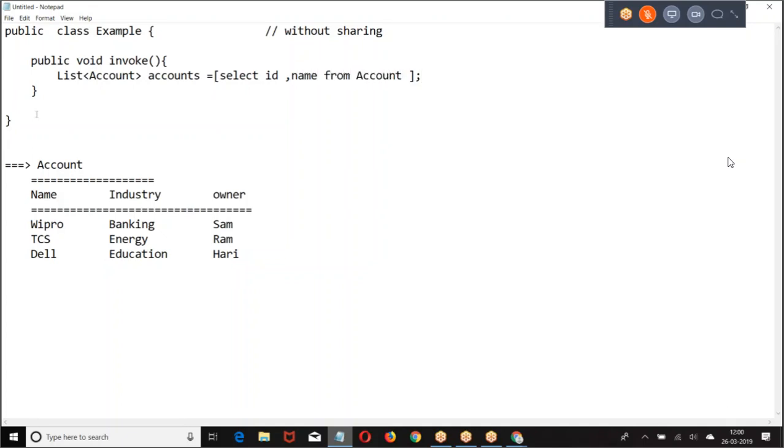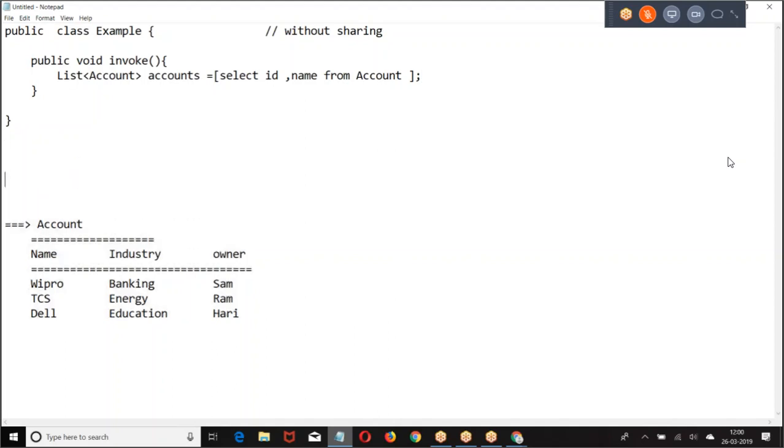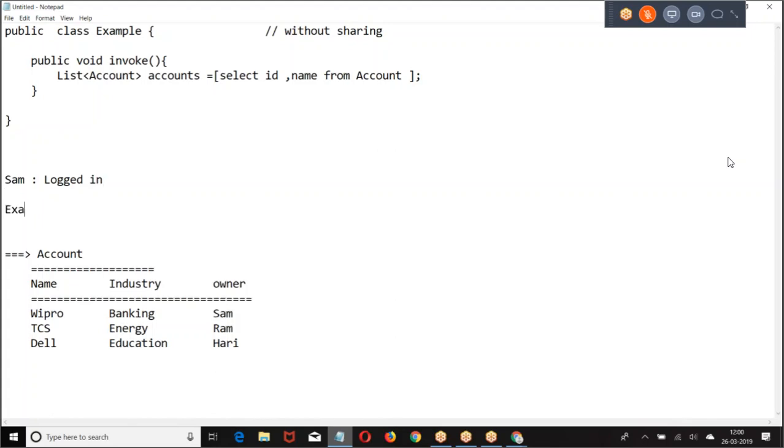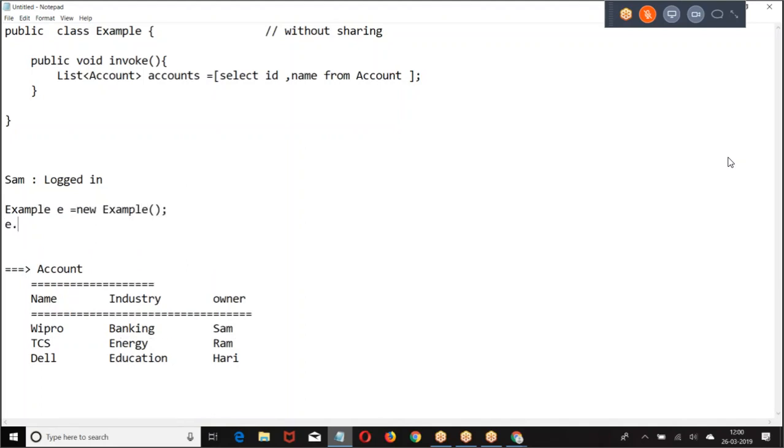This is the code that I wrote. Now, right now, Sham is logged in. Who is the user? Sham logged in. Then he is executing the code like this. Example e equals... e dot...